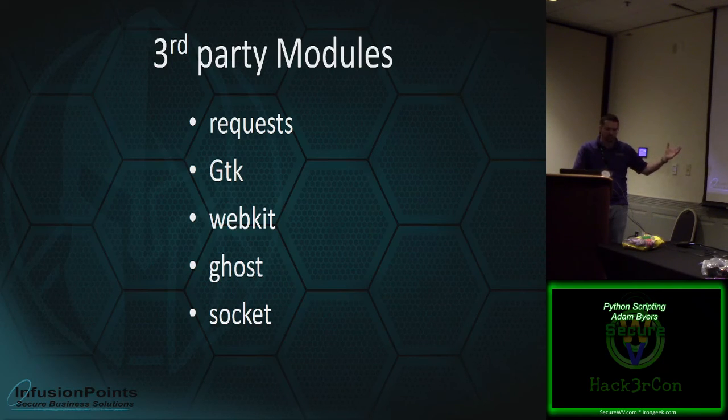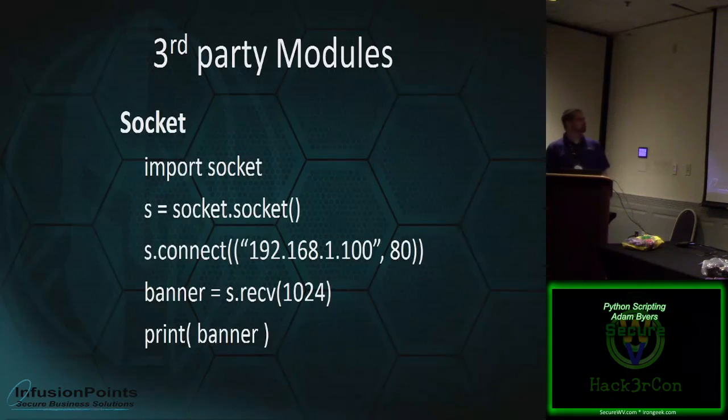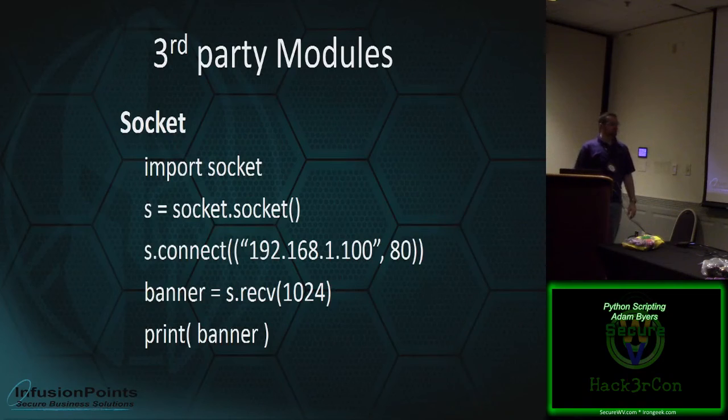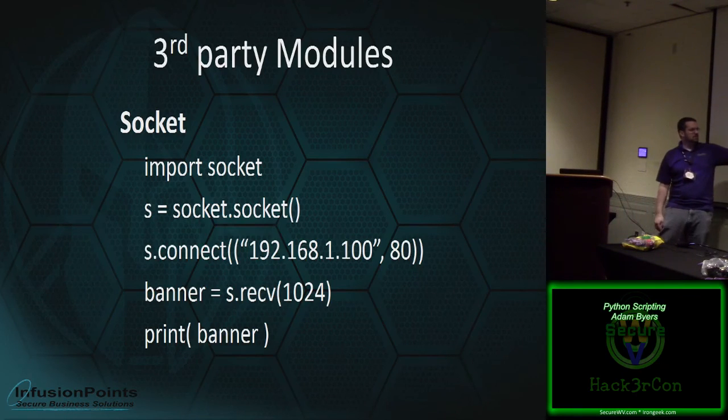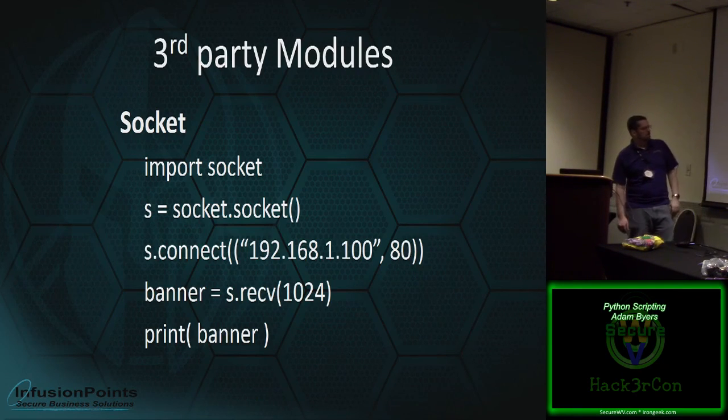Socket deals with connections. Using Socket, you can define timeouts for ports. It's incredibly useful, especially when you're standing up Python-driven services like websites. As a matter of fact, a while back I did a little client-server thing where I had two machines talking to each other. I opened a socket on port 80, connected to a server on port 80, and received the first 1024 bits, and I printed out that